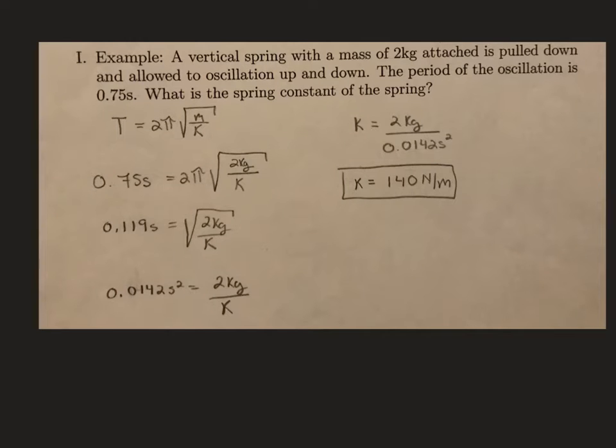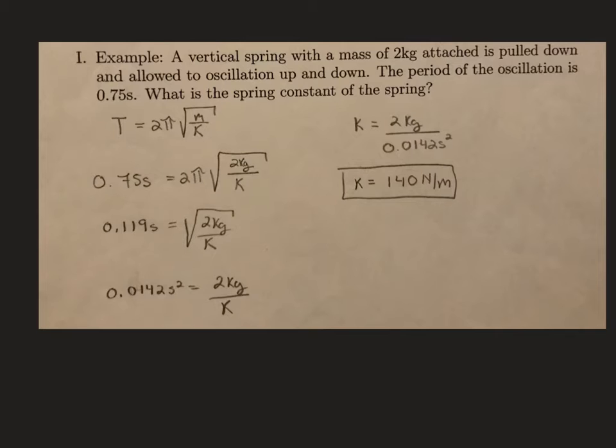In this problem, there is a vertical spring with a certain mass attached, and it's pulled down and allowed to oscillate up and down. And we want to know if the period of that oscillation is 0.5 or 0.75 seconds, what the spring constant of the spring is. So we have a relationship that involves period, mass, and the spring constant that we just learned in the prior